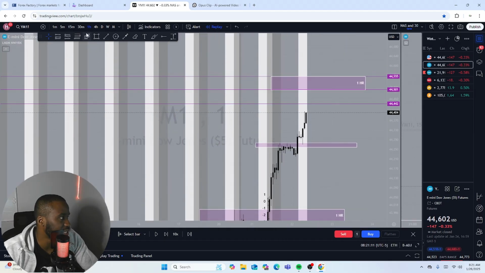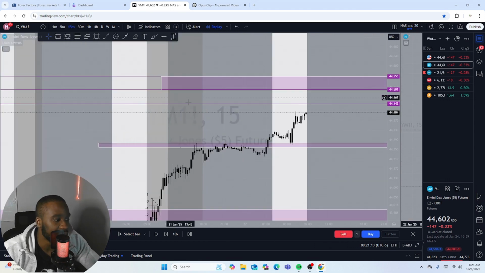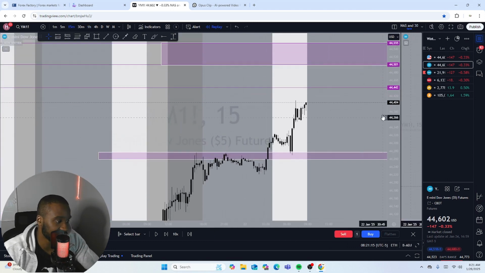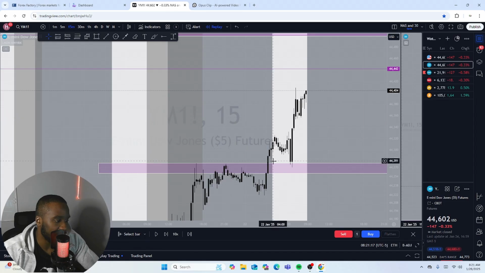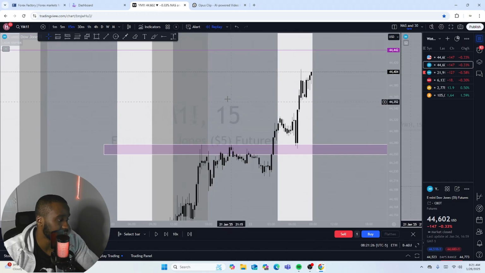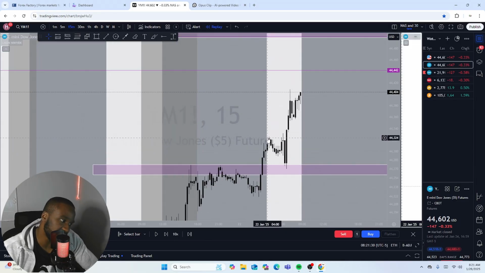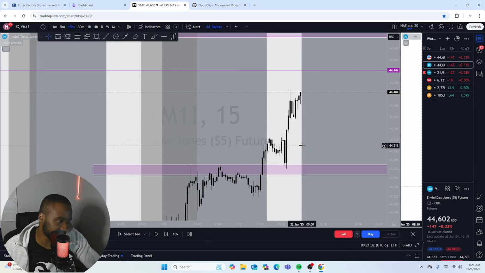Let's drop down to the 15-minute time frame and let's see if we see any areas of interest that we can mark off. I wouldn't mark this area of interest off because it's already marked off based on the 1 hour time frame. I wouldn't mark this off either because we could see it's already marked off on the 1 hour time frame. I would say there's nothing really to mark off if I'm being honest. Maybe right here